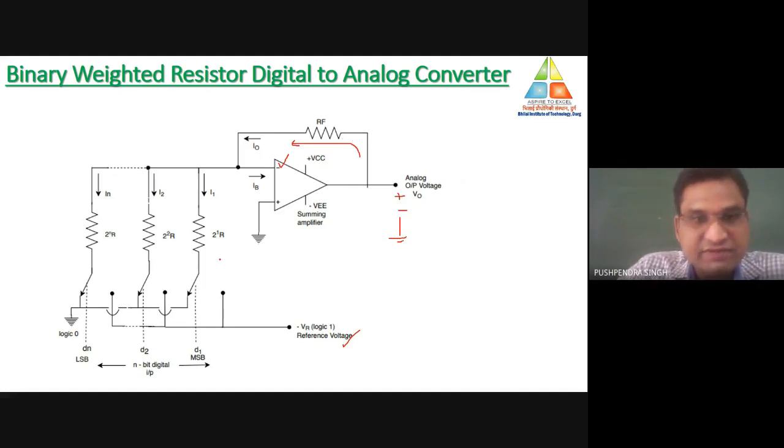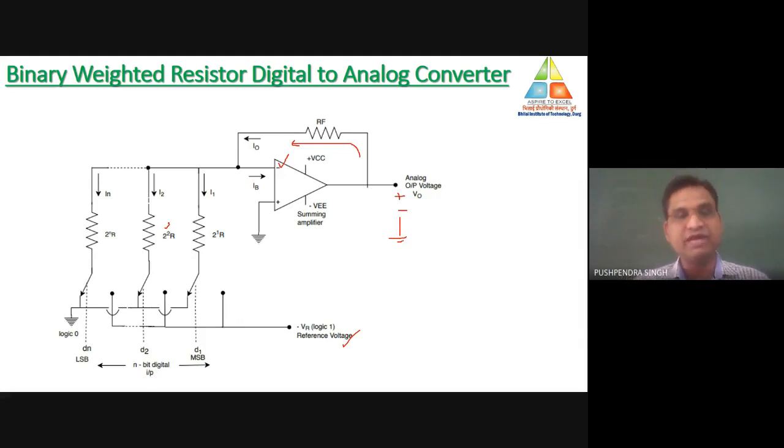What are the different resistance values we are using here? The very first resistance is R. Then it is 2R. The second resistance is 2 to the power 2 R, the third resistance will be 2 to the power 3 R, similarly that will be 2 to the power N R. In this combination, we design the circuit in binary weighted type resistance. So the difference between successive resistances is in the form of 2 to the power n. If the first resistance is R, the second will be 2R, the third will be 4R, and so on. So you can understand that a large range of resistance values needs to be used.